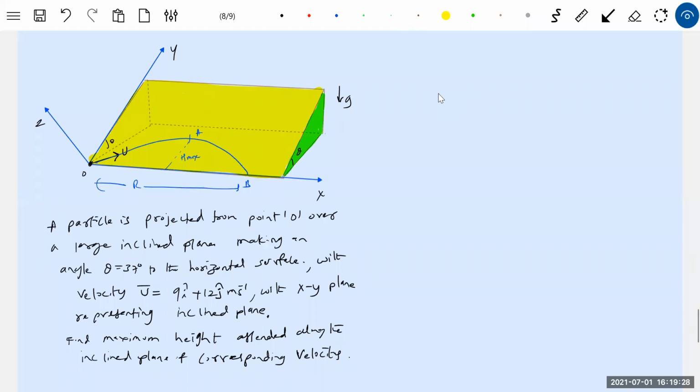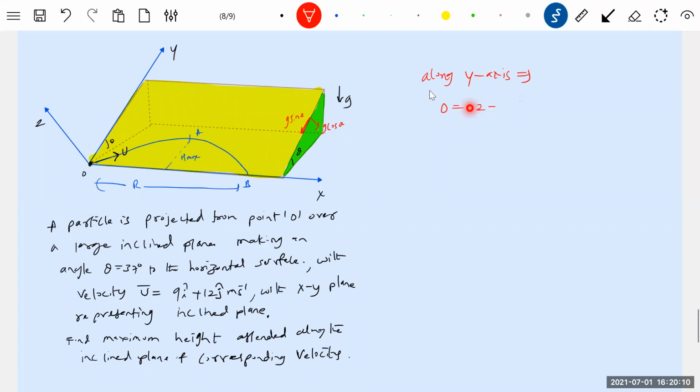Different answers, Pranay one answer, Rohita one answer. Okay, I'll resolve first g. If you resolve it, it will be g sin theta. The other will be perpendicular to the incline, which may not be needed for us. g sin theta will help us a lot. Then the maximum height will be along the y-axis. Along the y-axis, look at the i cap, j cap: which component of velocity? 12 j cap should be taken into picture. So 0 is equal to 12 minus g sin theta t.